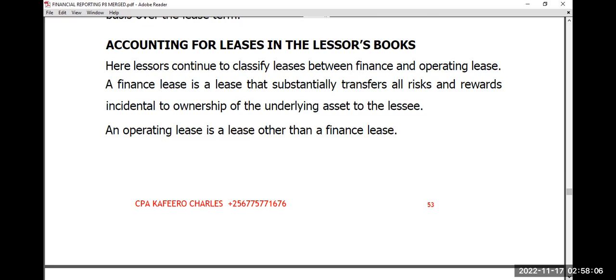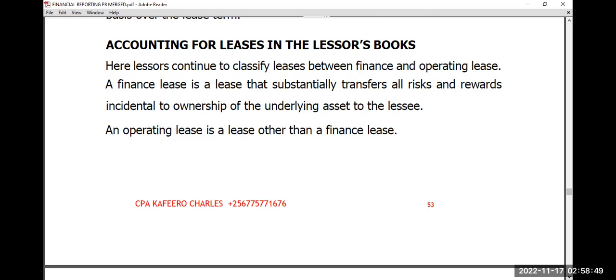And maybe in these rewards, we may find that at the point of transfer, when I have actually transferred my asset to you, the asset may increase in value. You paid less money, but the asset gained more value in the market. And if you were to sell that asset at that time, you would be making a profit. Those are the rewards, the way you can talk about the rewards. Meaning we've actually transferred all the risks and the rewards incidental to the ownership of the underlying asset to the